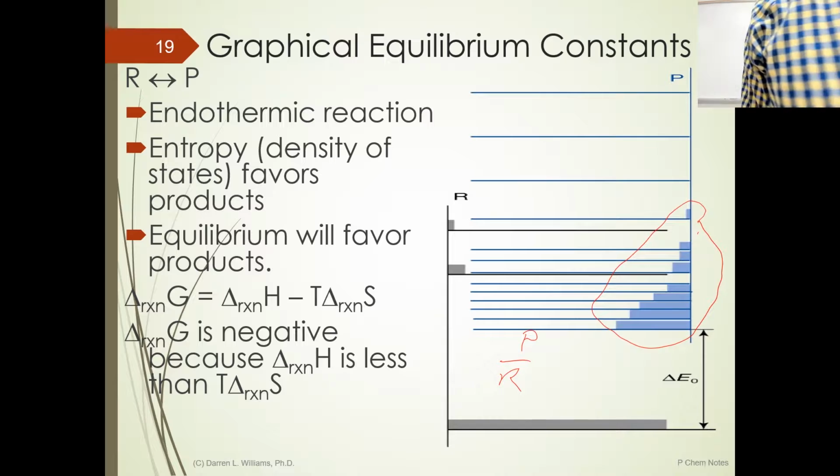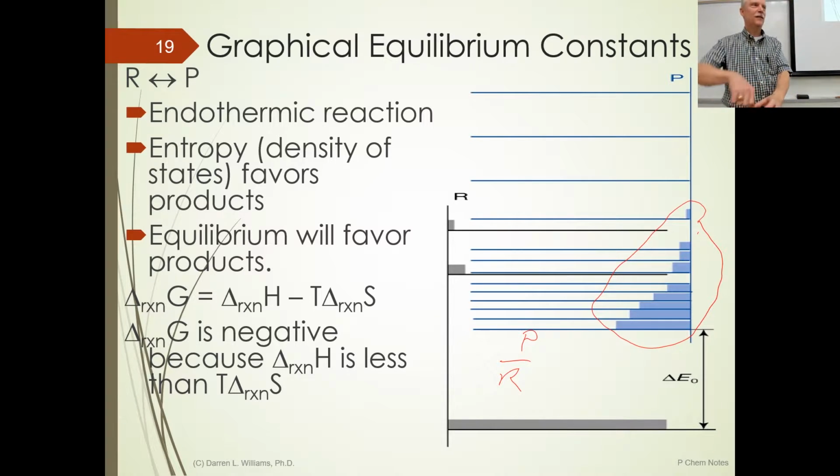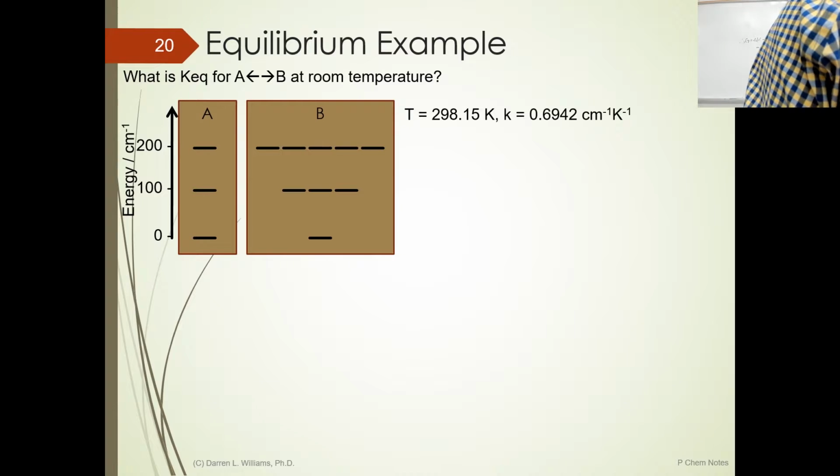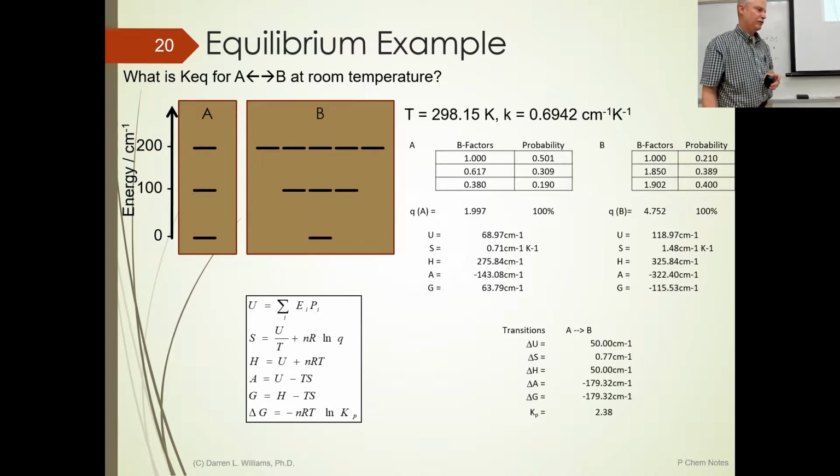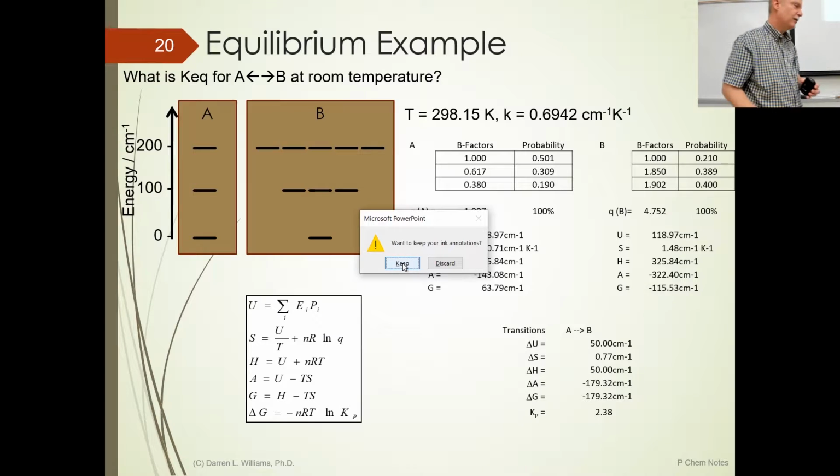So what they typically do is put it on a wet piece of wood and stir it for class. You can look at this on YouTube. Then they pick up the beaker, and the wood has frozen to the bottom of the beaker. So it's a little showmanship. And then this equilibrium example is just given to you to show, you can go through this and look at the density of states on the right. It can give you a spontaneous reaction at lower energy and so on. So you can look at those numbers.